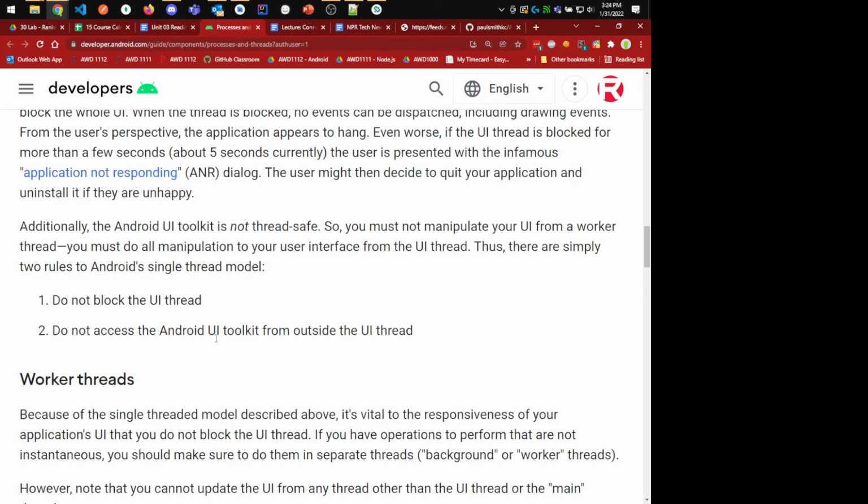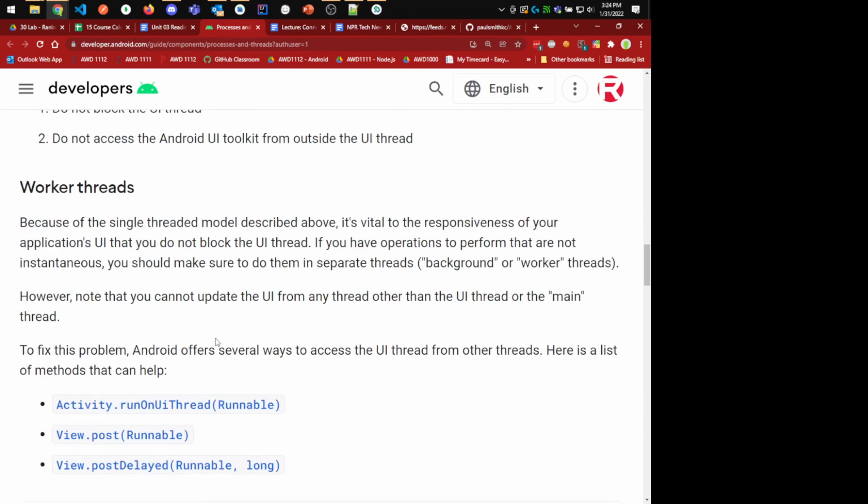All right, cool. So that's part of what we're talking about here, is we need to move things to a background or a worker thread. One of the tools that we can use, and we'll come back to this, to send data back is activity run on UI thread. So you can give it a job to run, and it will take it from whichever thread you queued it up on, usually the background thread, and run that code on the UI thread. So we'll come back to that. That's one tool we can use. But before I get into that,